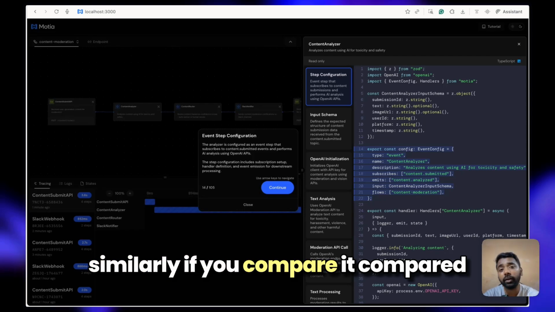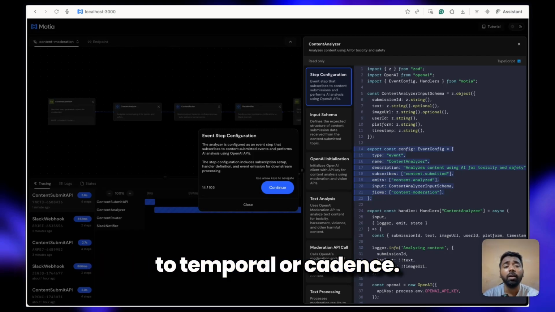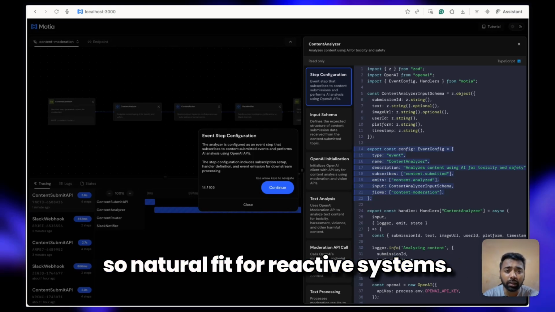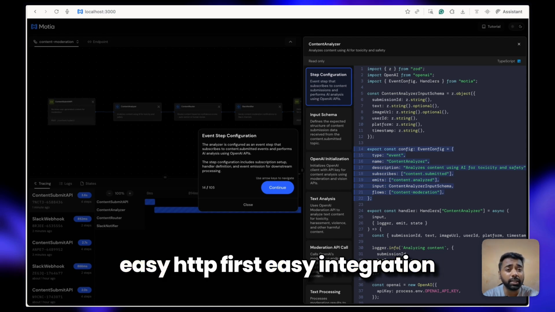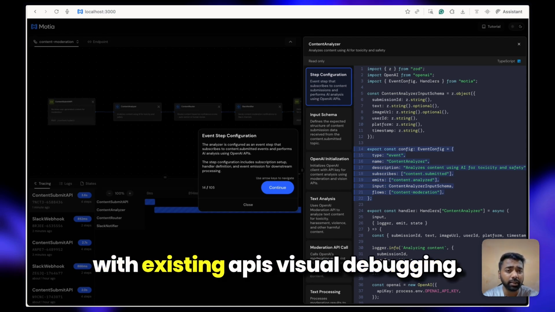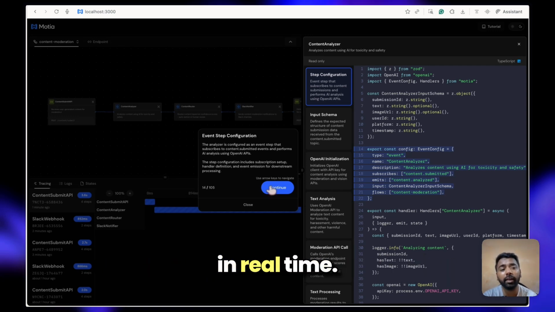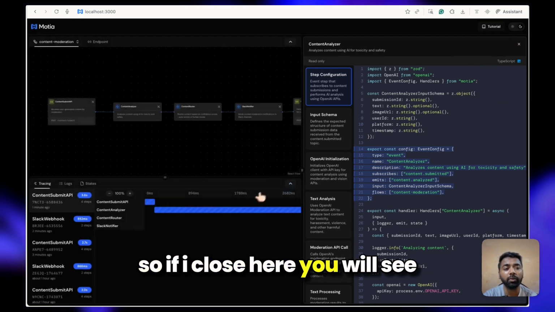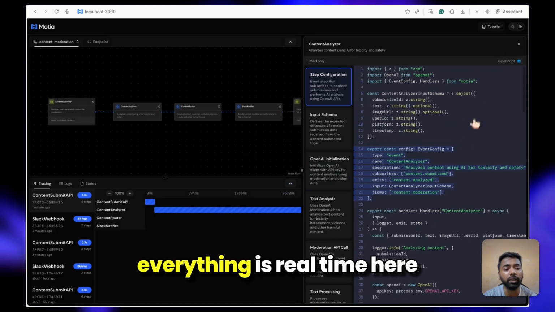Similarly, if you compare to Temporal or Cadence, Motia is an event-driven architecture, so a natural fit for reactive systems, HTTP first, with easy integration with existing APIs, and visual debugging, so you see workflow execution in real time. Everything is real time here. If I close this, you will see everything is real time.